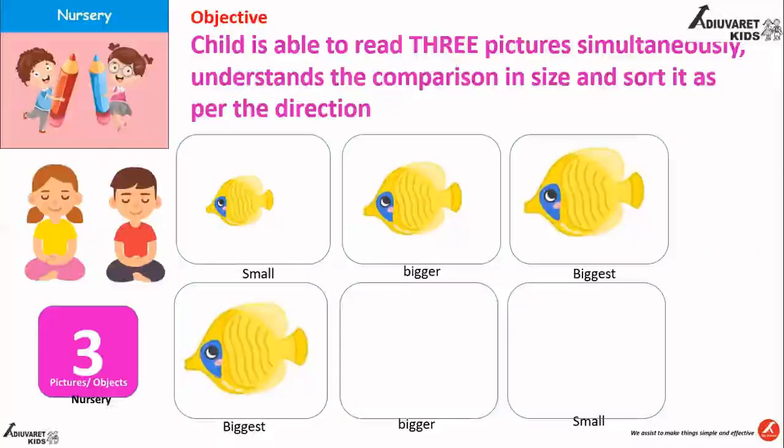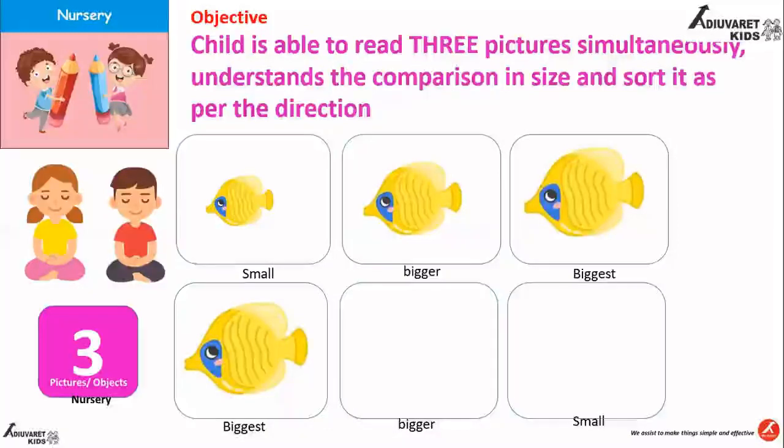As long as the child is fumbling, if the child is not comfortable with that first order, then we should not introduce the second sorting order for the child. Then the child may get further confused, and instead of development of cognitive skill, the child will develop confusion. So let's not do that. Once the child is absolutely fine and clear on one sorting way, then we will introduce the next sorting way.